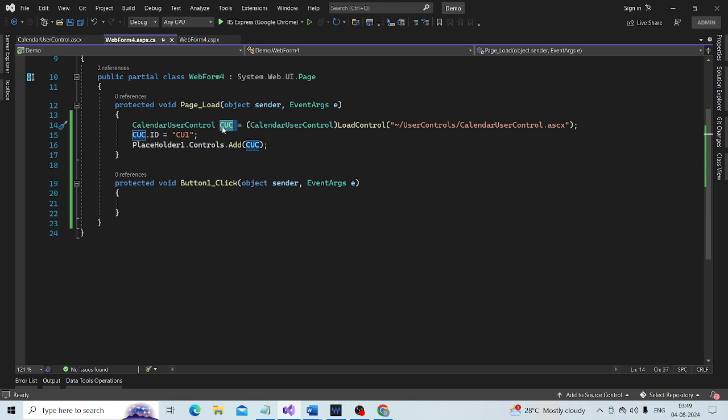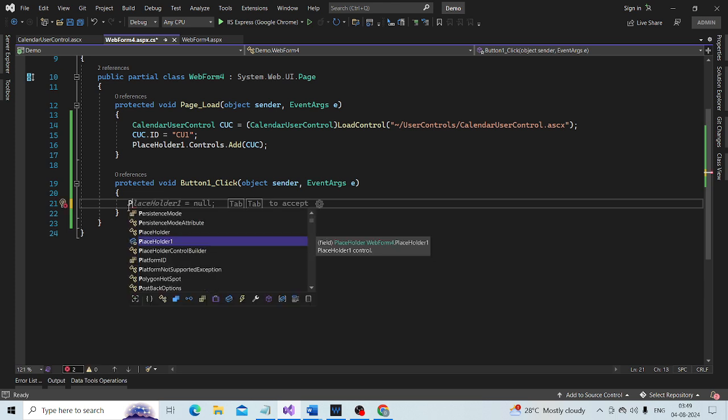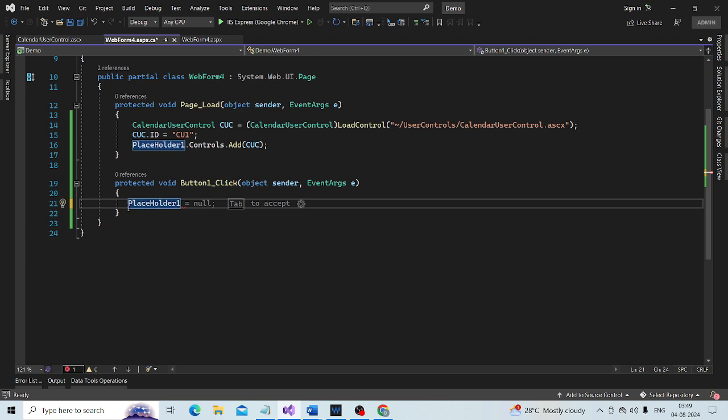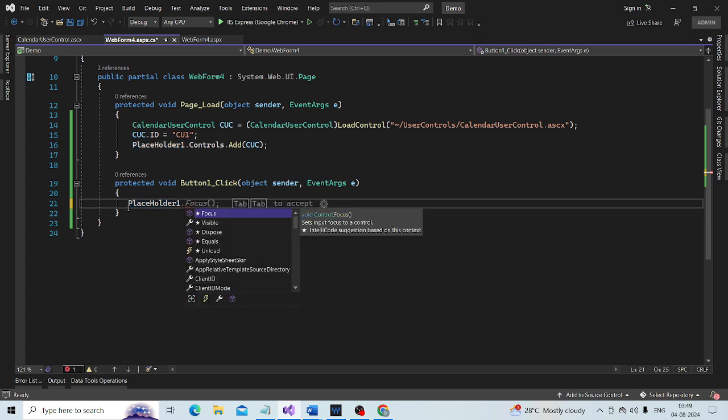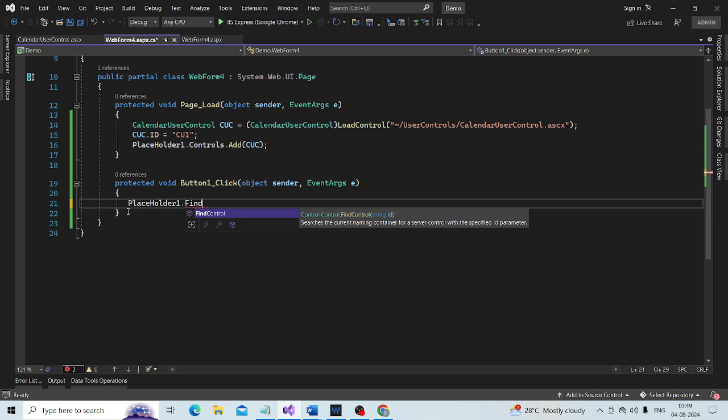So within the placeholder control, whose ID is placeholder 1, find a control.